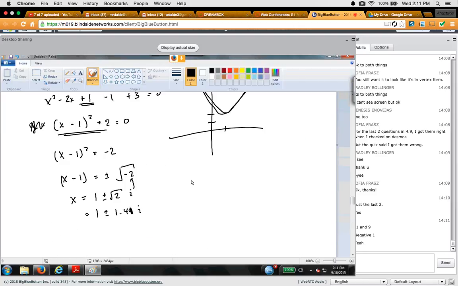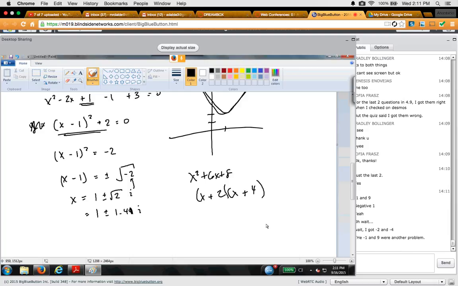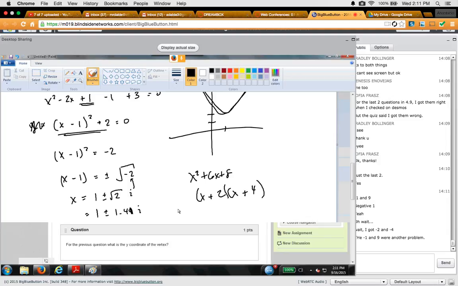X squared plus 6x plus 8. Factoring: not 8, 2 and 4. Right, I was going to say it can't be 2. Yeah, you're right. It's 2 and 4. So your intercept is -2 and -4, whereas I put